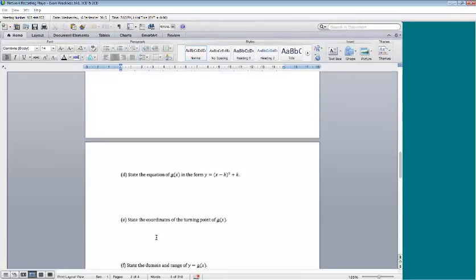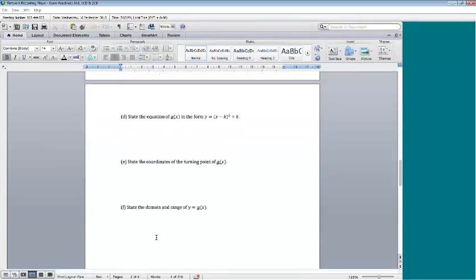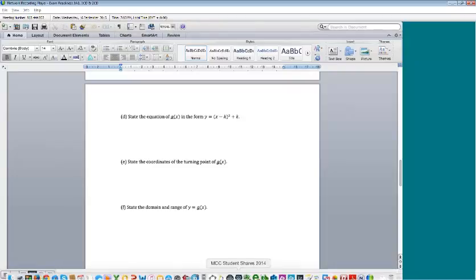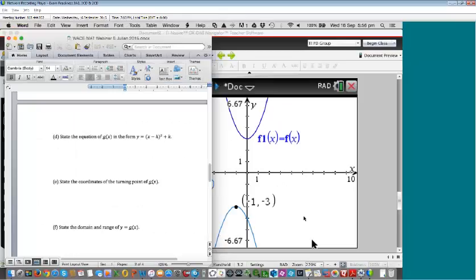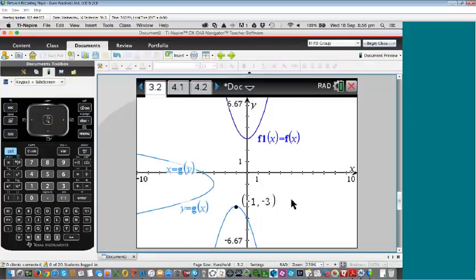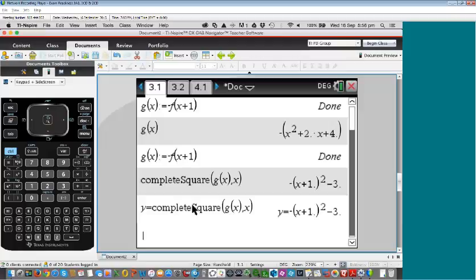So if we look at part F, state the domain of the function g of x. Now, in the calculator page, of course, we can actually use the word domain. So if you've still got that function defined, g of x, which I think you have, if you just go to a calculator page, just brand new or wherever, it doesn't make any difference. You can either type in the word domain or you can get it from the catalogue, which is the book. I'll type it in just quickly here. Domain. Open your brackets,